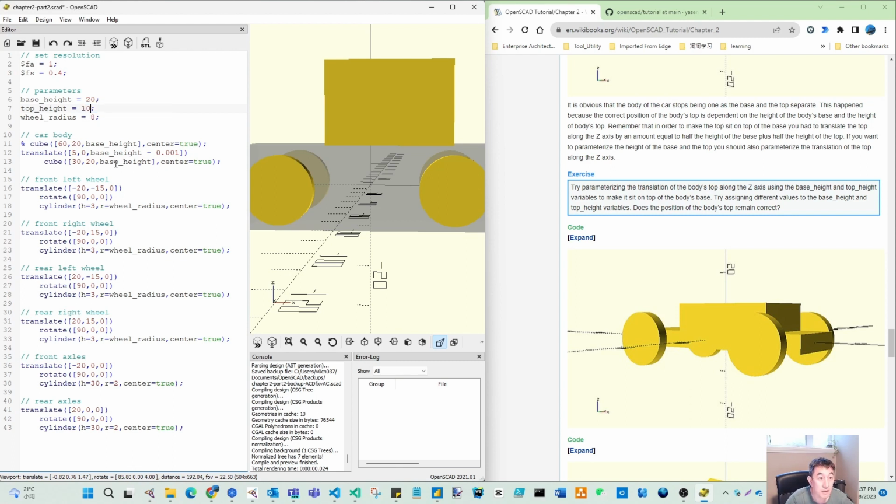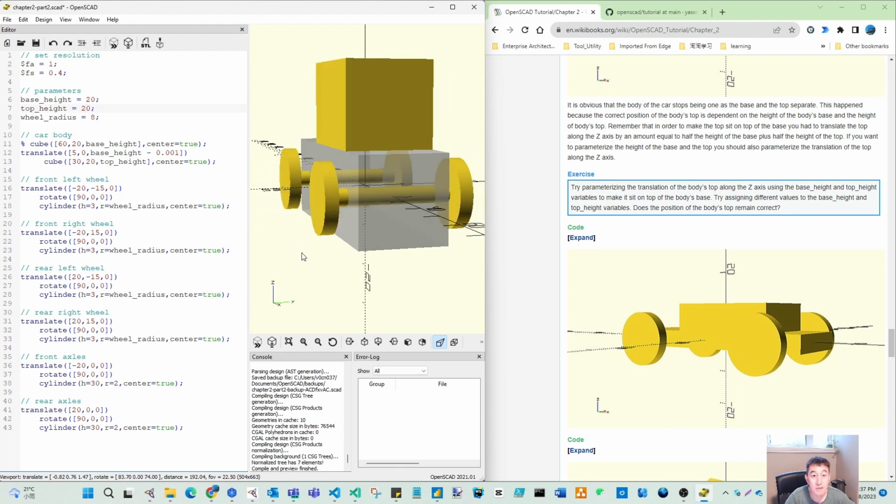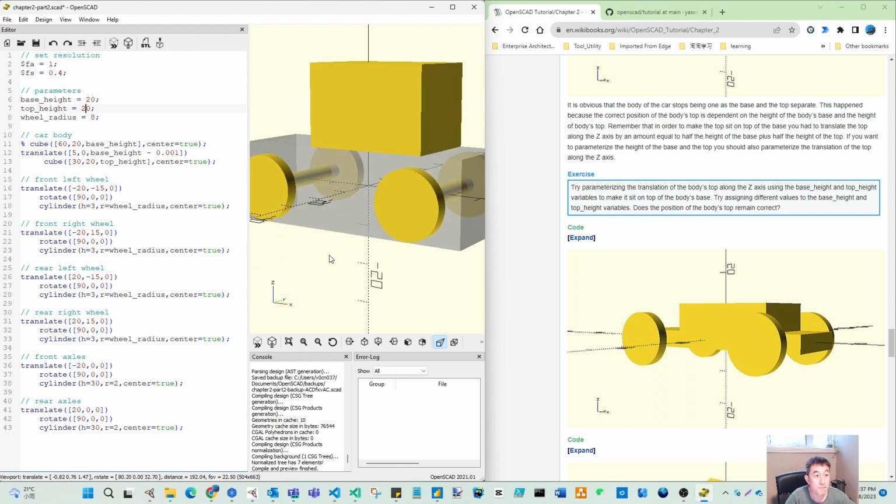in the parameter. Let's see. So this should be the top, and we translate the base height. Let's see. So translate the base height minus this, and the cube is the top height. Top height is 10. It is so small, so we should have that is the 20. Then this closed each other. So top height is 20,